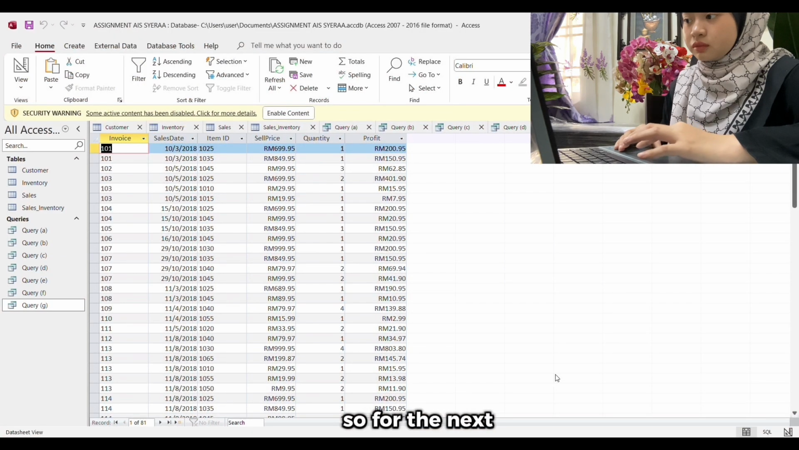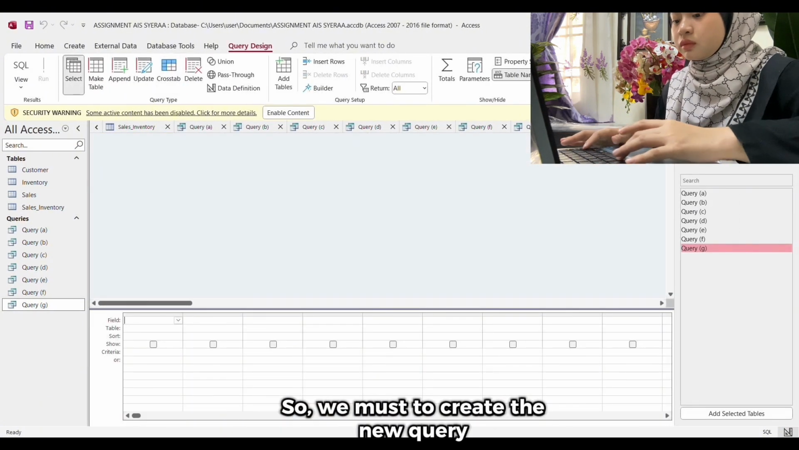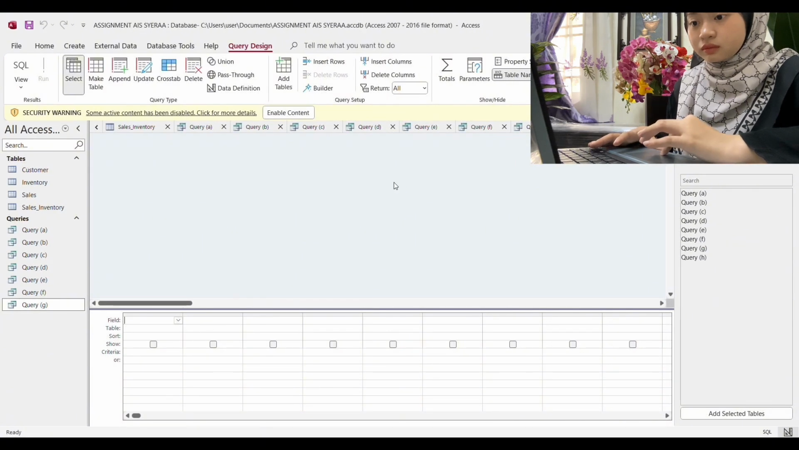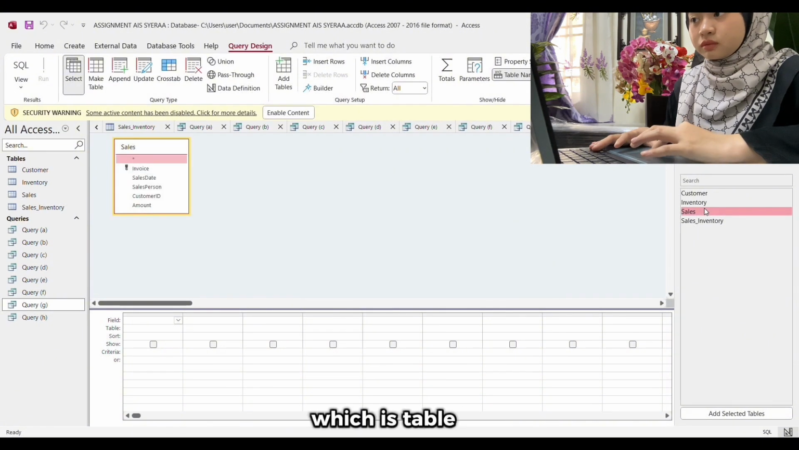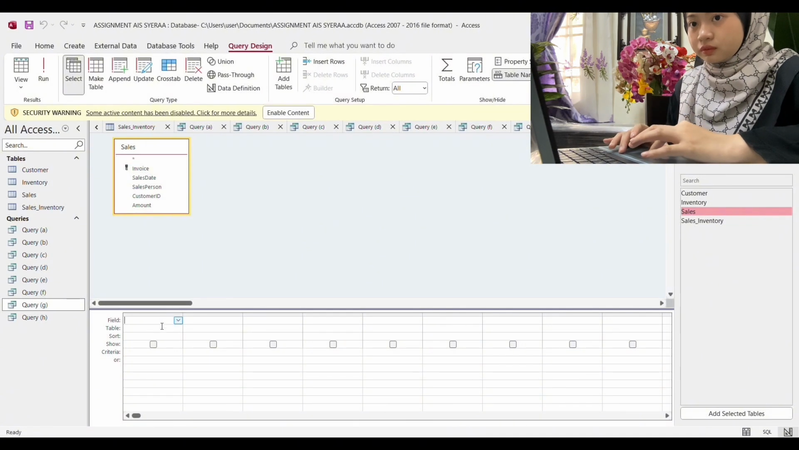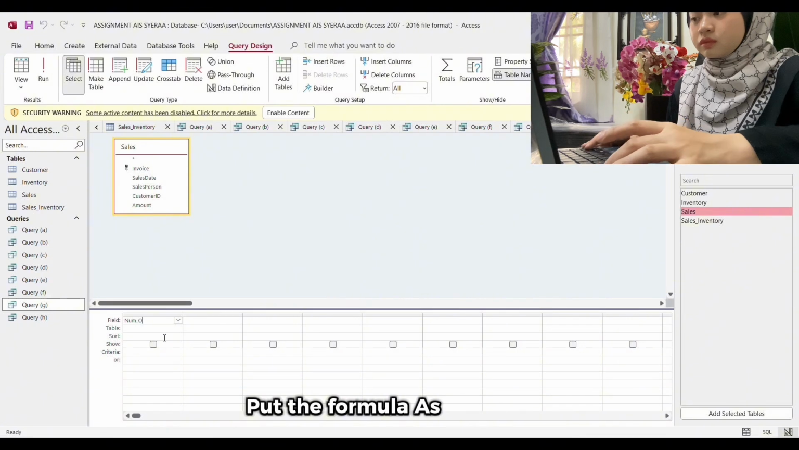So the next question is question H. We must create a new query and save as query H. For this question, select only one table, which is table 6. Then this question needs us to find how many sales transactions were made in October. So for the first column, we must put the formula as given in the question,